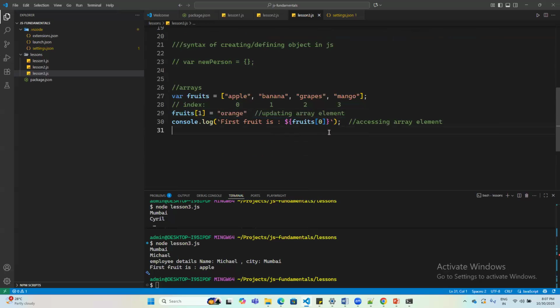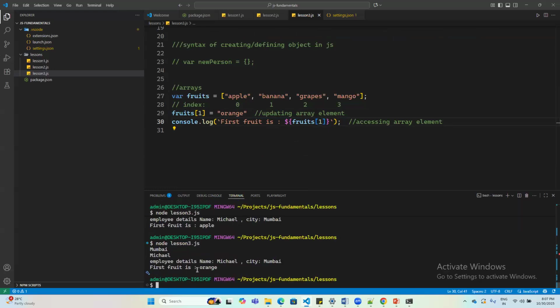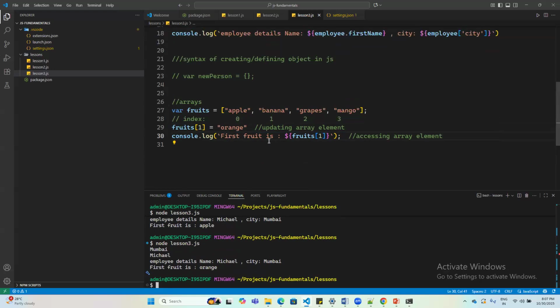And if I try to access what is now stored in index position 1, I should be getting the updated value, the recently changed value in my array, right? So now you see the first fruit is now orange, okay? Not the first fruit, fruit at a particular index position,